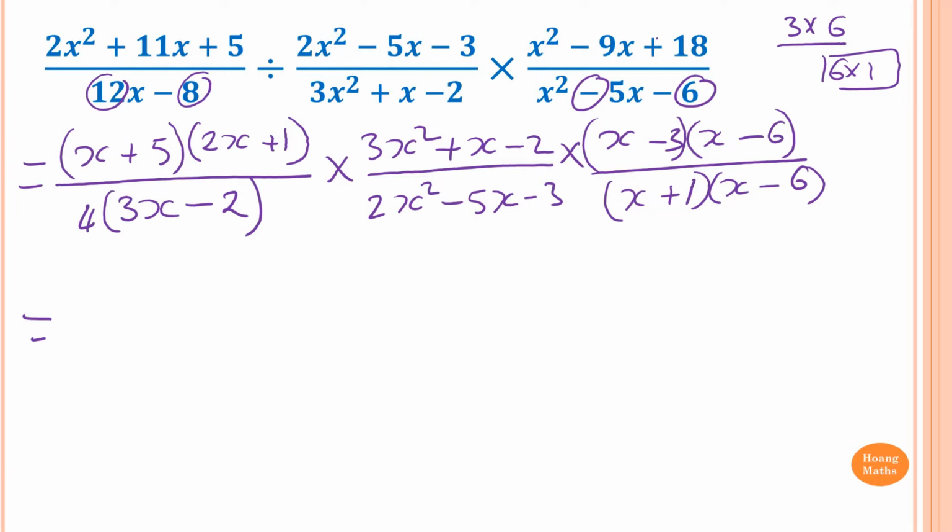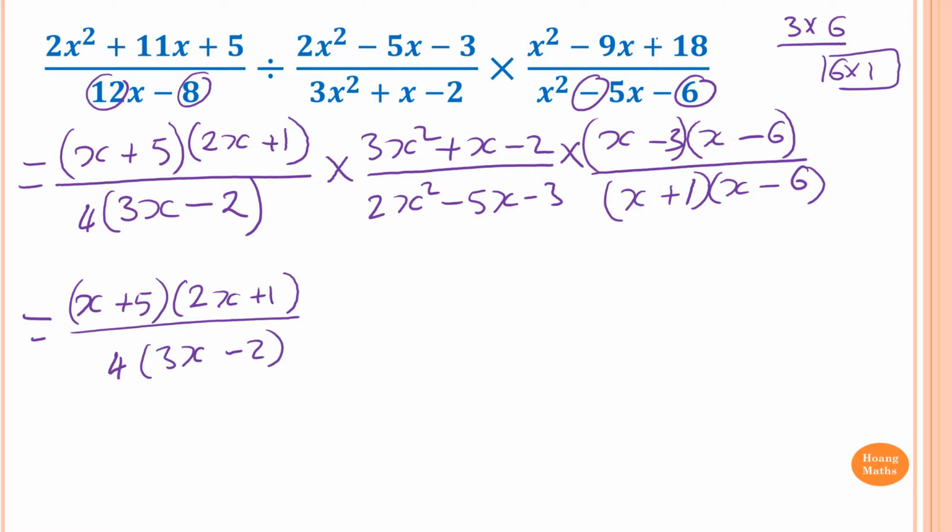But before I write, can I simplify? I don't have to copy everything, but it doesn't look like it. So what I do, I just write it out first. So which is x plus 5 and then 2x plus 1 all over 4 and then 3x minus 2. So now times by. Now to factorize